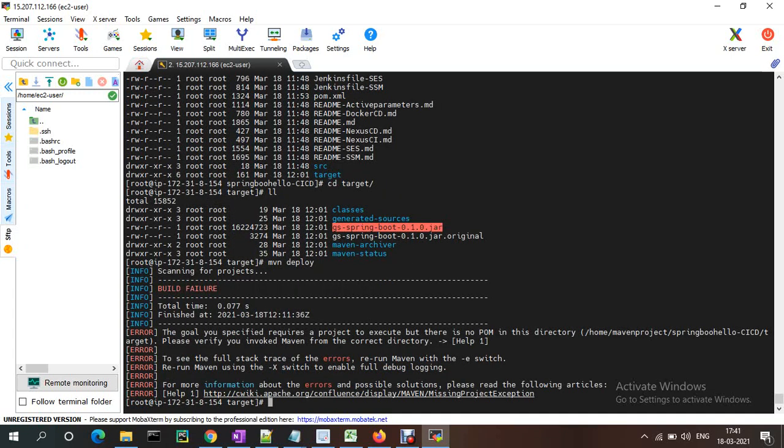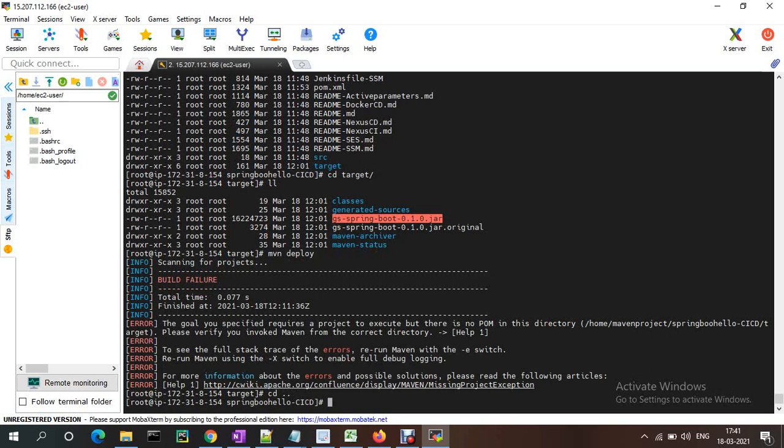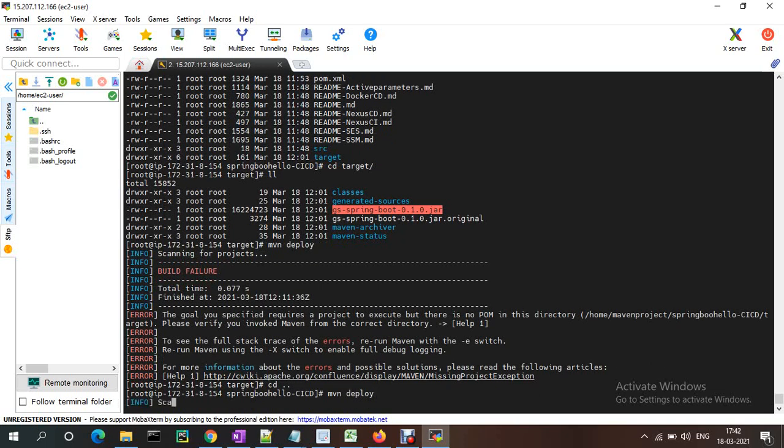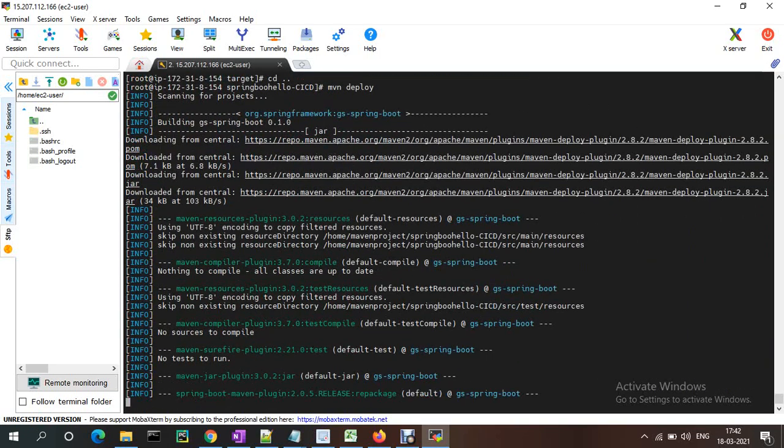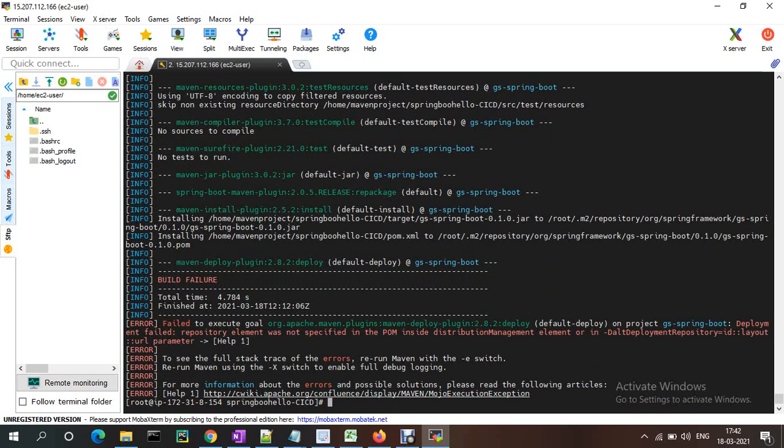Okay, for that one we need to provide dependency details, everything. So let me do that. If you go to the pom file, mvn deploy, it is looking for distribution management.